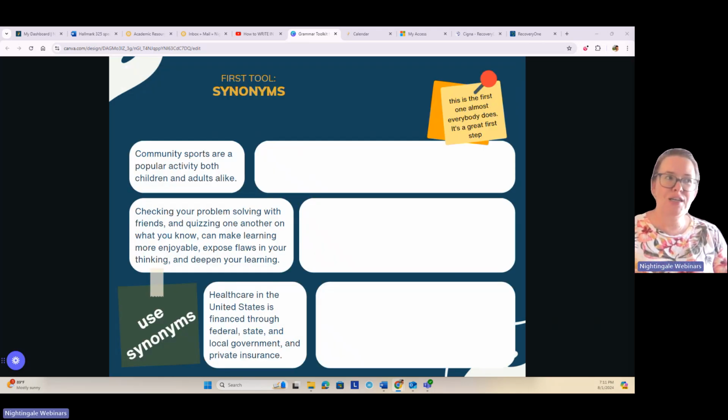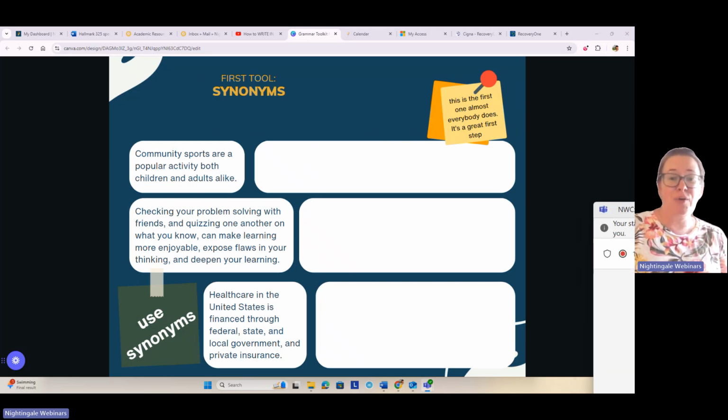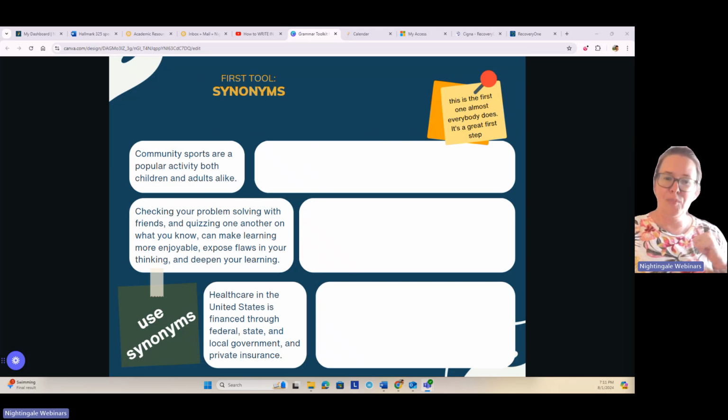So the first strategy, the first tool we're going to talk about is one that you probably know, it's like, oh, synonyms. Just use words that have kind of the same meaning. So I picked 3 sentences for us to work with in this webinar in order to try and practice. These 3 sentences come from different learner papers. I have their permission to use these anonymously, and so we will go from here.